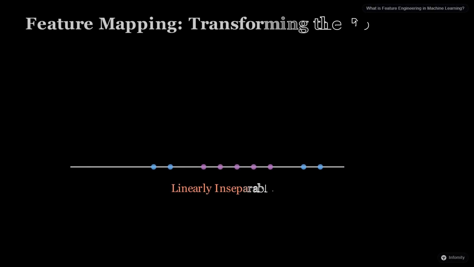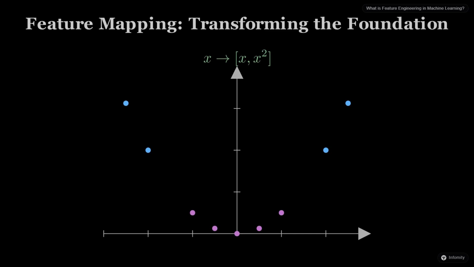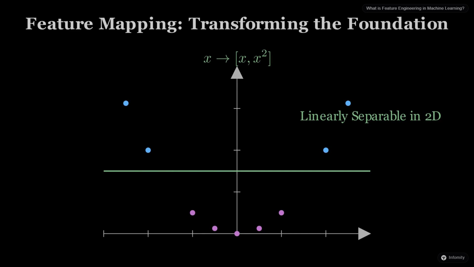Feature mapping, or feature transformation, is another critical part of feature engineering, especially when features have vastly different scales or distributions. Many machine learning algorithms, particularly those relying on distance calculations or gradient descent, perform much better when features are on a similar scale. Without scaling, a feature with a larger numerical range might dominate the learning process, irrespective of